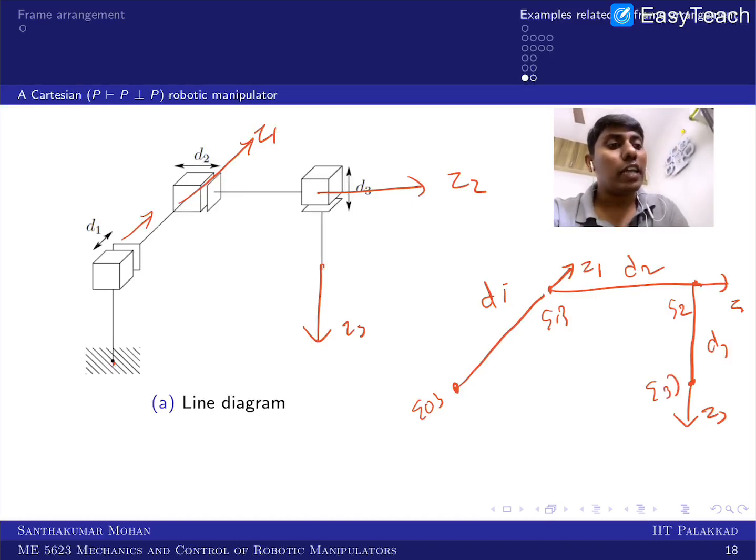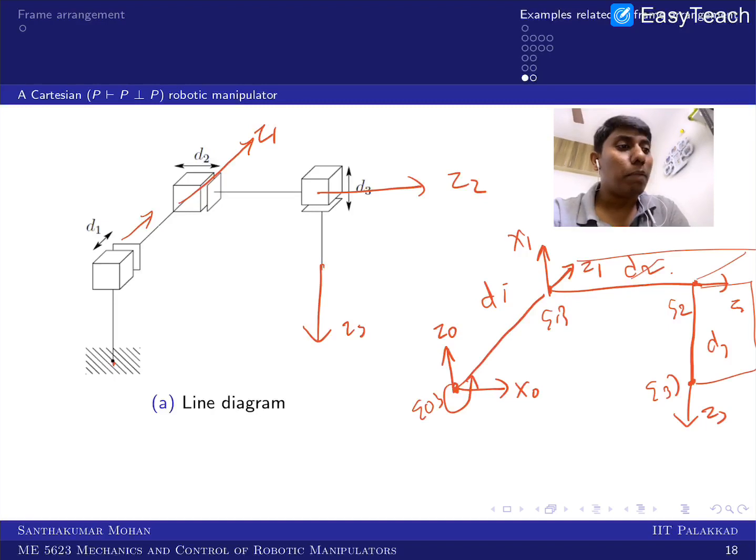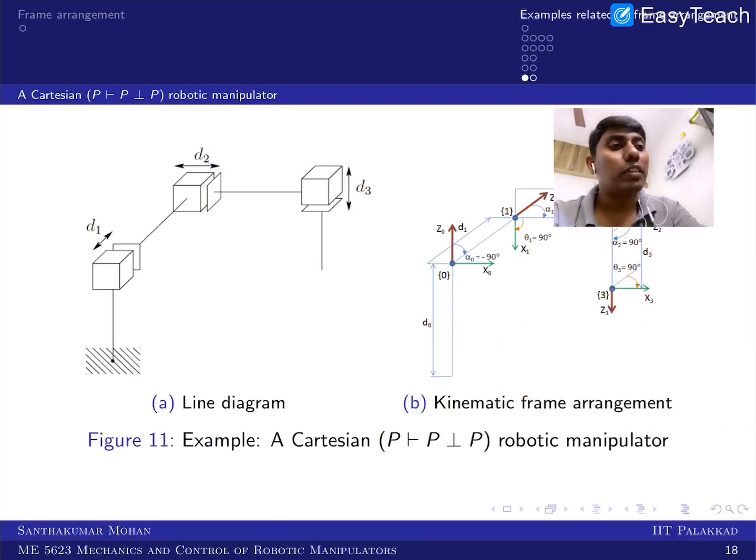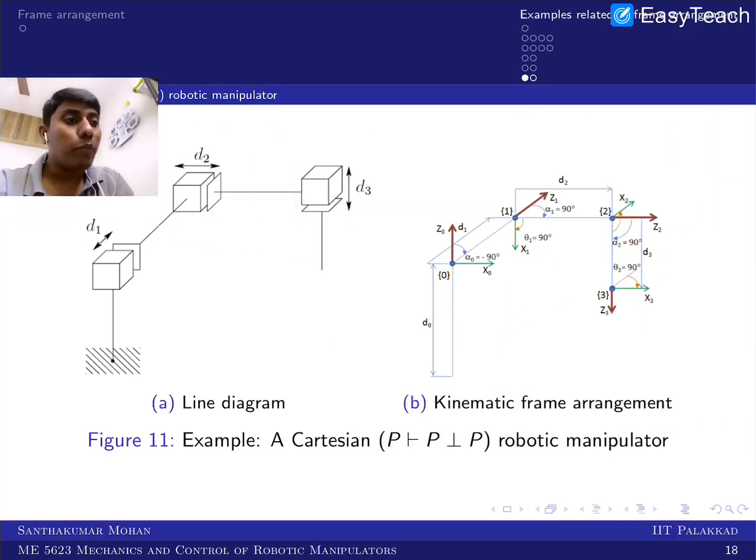Then you can see that the x-axis is supposed to be here. This is z0 and this is x0, and you can see that I rotated 270 degrees so that z0 is parallel to z1, and here these two axes are the plane which is containing. So I can take x1 here, and you can see this is the plane it is containing. I can take x2 here, and make it parallel to x0. So in this way I can see the frame arranged like this.